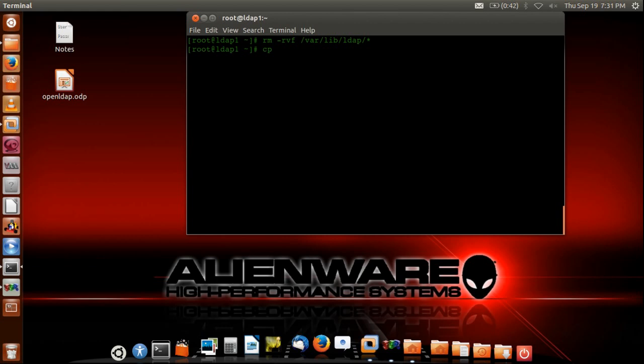CSR share OpenLDAP servers db config example. I'll let it copy to where lib LDAP, and the name will be db_config. Okay, the file has been copied. Now change this ownership to LDAP. Fine. And now I'll test again my slapd.conf file